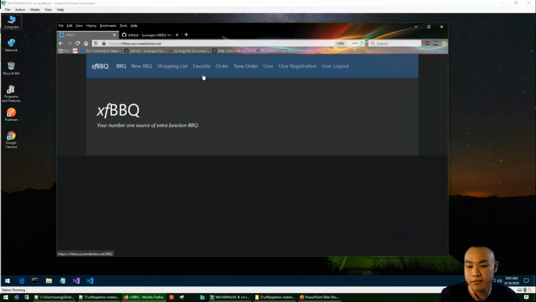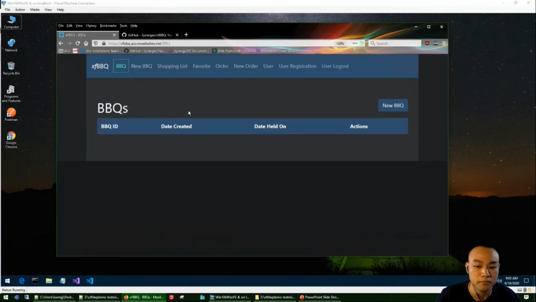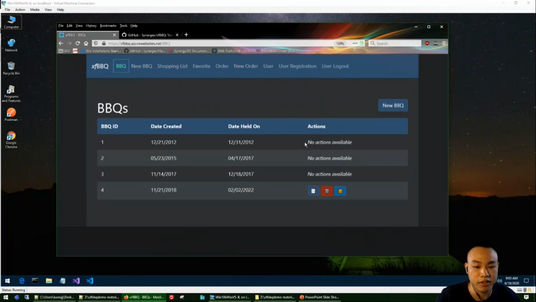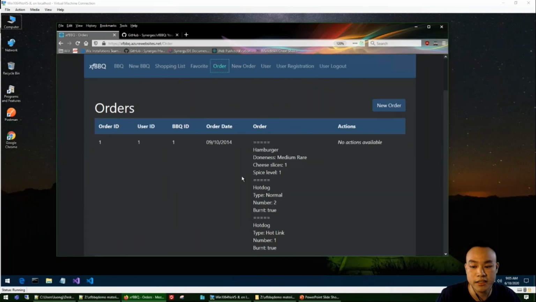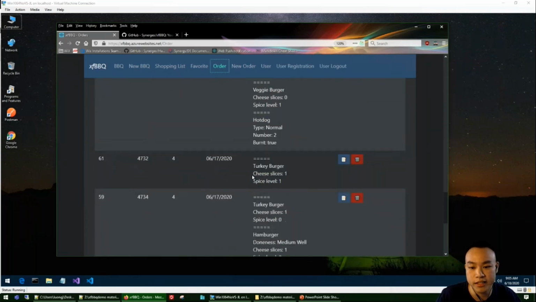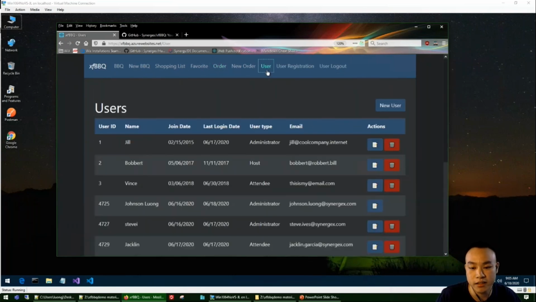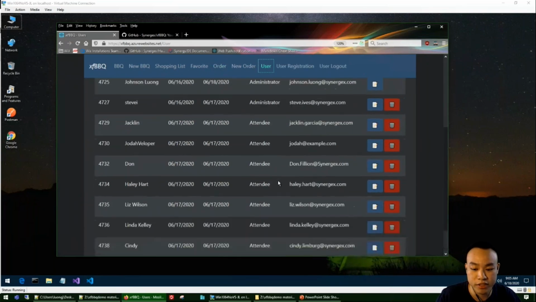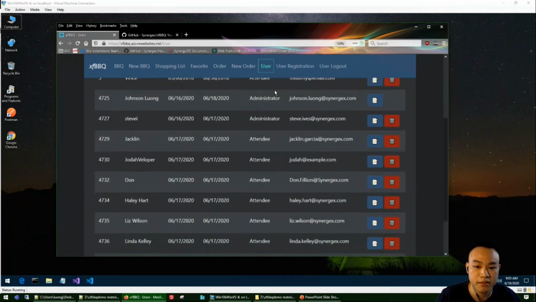After the end of this, this is essentially what we're going to create, the xfBBQ application. You can see you have the barbecue view right here, and you can see the orders that people have placed. You can see all the users that have registered for xfBBQ.